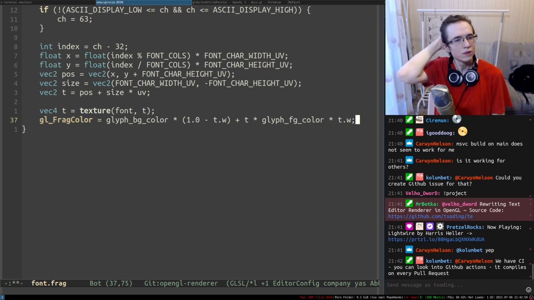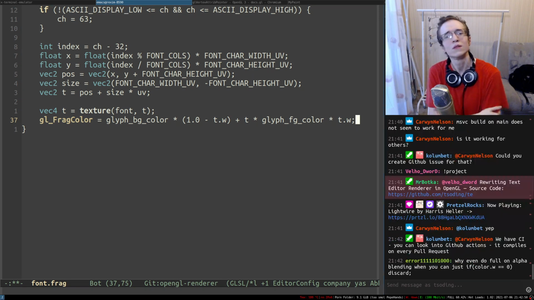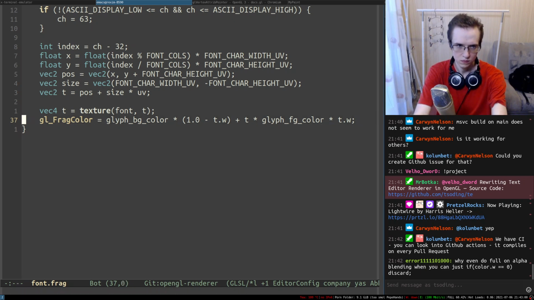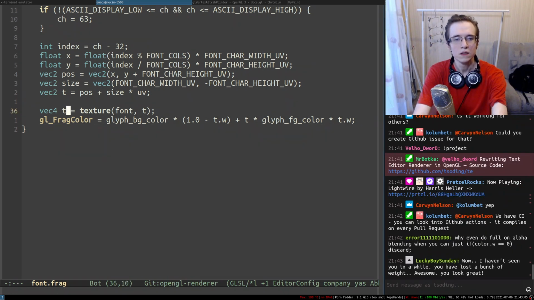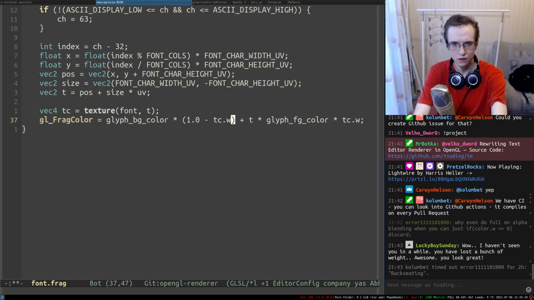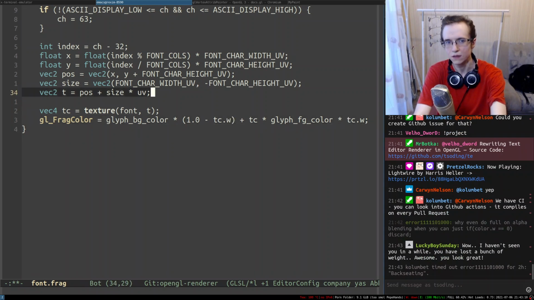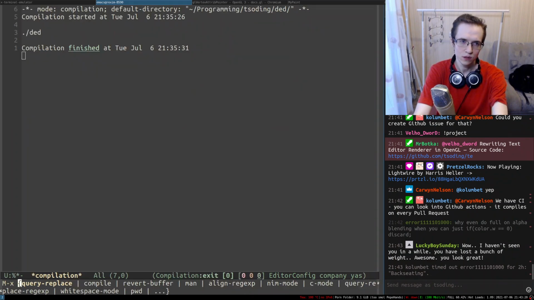So, something like that, roughly. TC, TC, TC. Because we already have T, and TC is the color of this thing. Hopefully that will do something.